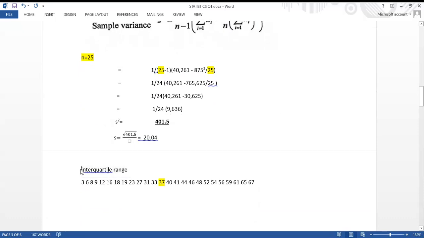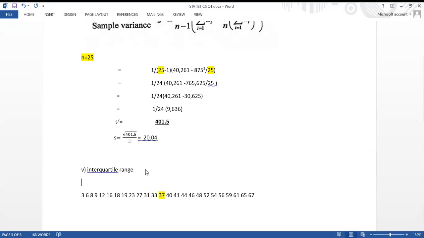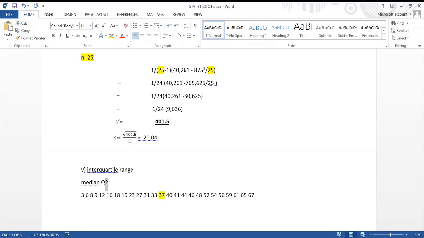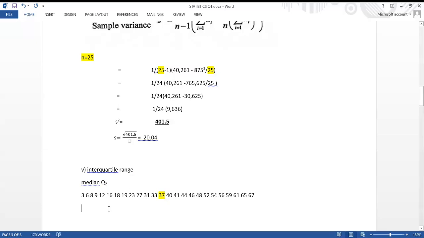Right, the interquartile range. We've already got our median, which is Q2, the middle quartile. So we need to find Q1 and Q3. To get Q1, which is the lower half of the data,